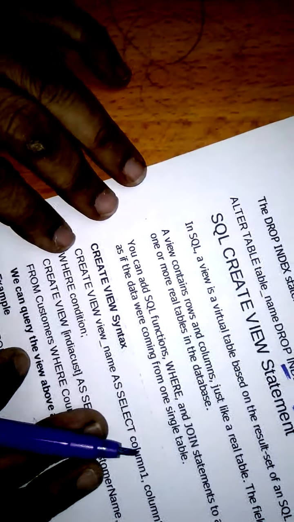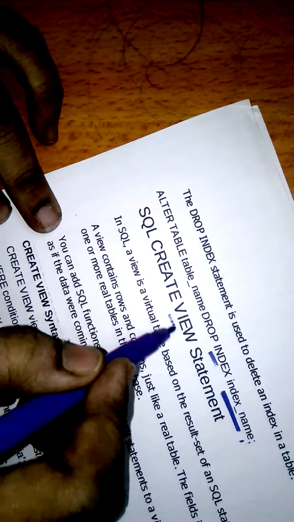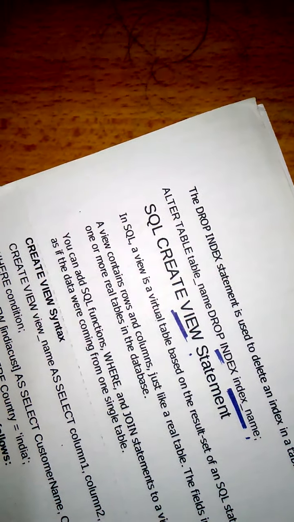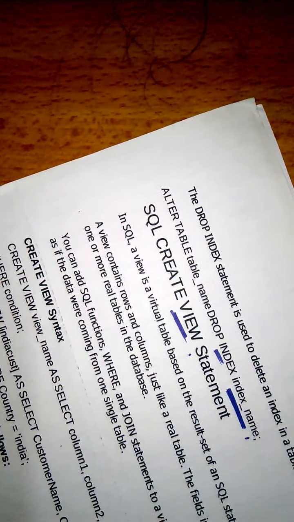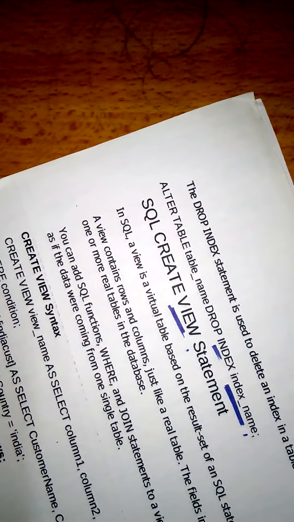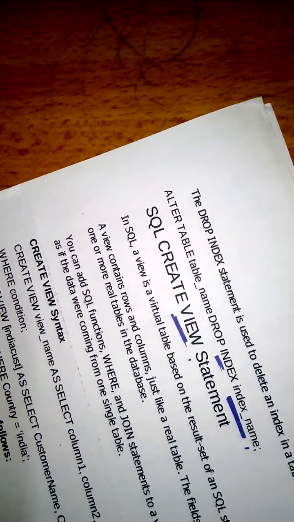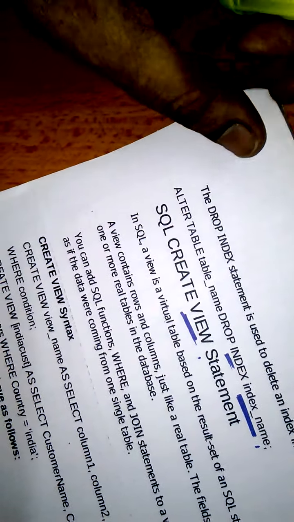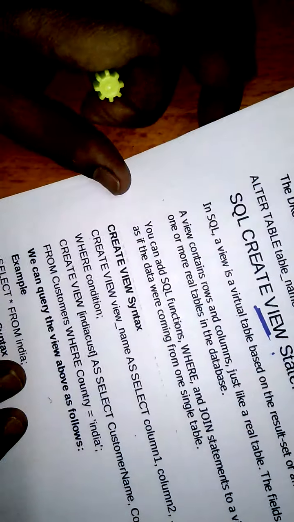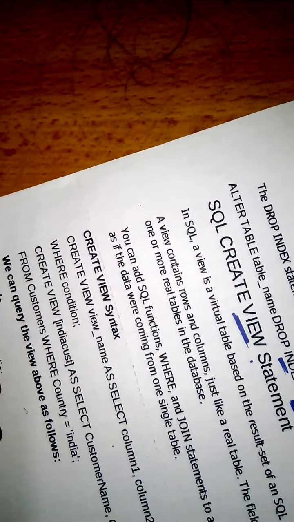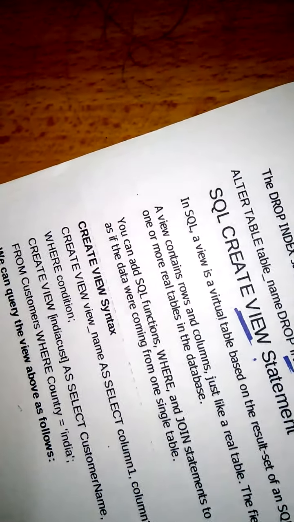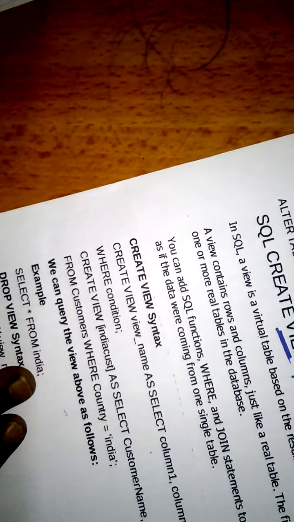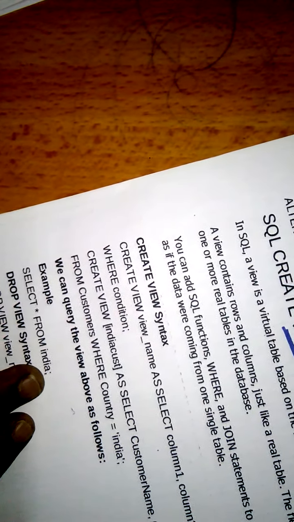Okay, like this. And next is view. Creating a view. View is called a virtual table, in which we create a copy of the actual table in the database. This will be used for the security of the data, or for the data which we are accessing many times. We can create a view of that particular table. So we can say view is also one type of security given for the data in a database. So create means we are creating a virtual table or part of a table.